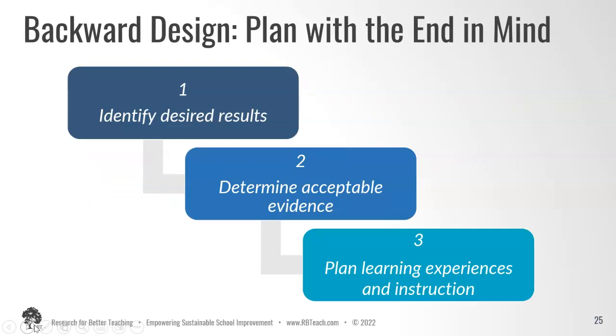Backward design is really determining, first, starting with what those results are. What do you want the students to know and be able to do? Identifying the desired results. And then the second one is, how will I know if the students achieved it? What assessments will I use? What will be the qualities that must be present in the work to demonstrate mastery? And then the third step, it's not where we start, but it's what activities best match the learning needs of my students to get these results.